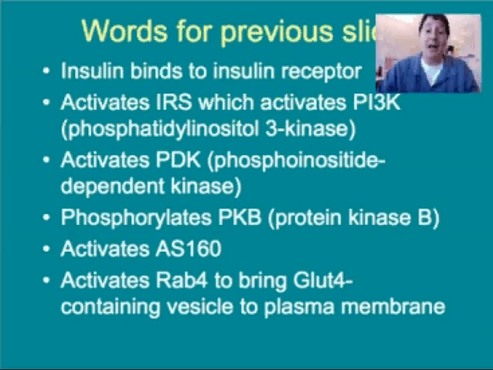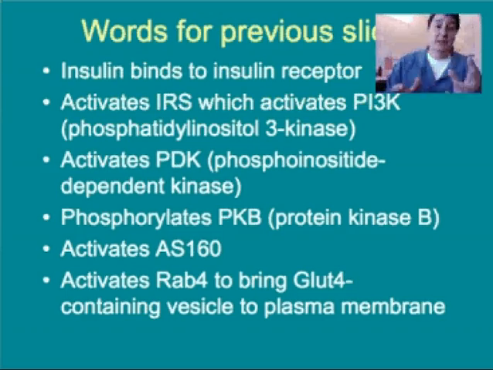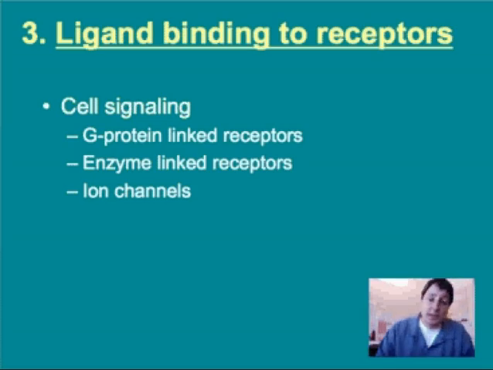Protein kinase B is now active and is going to phosphorylate AS160, and AS160 interacts with Rab4 on the GLUT4 reservoir to produce a vesicle that will then be transported to the plasma membrane and fused with the plasma membrane. And that's regulated by Rab4 and snares at the plasma membrane. Okay, so that gives us an idea of different kinds of extracellular signaling molecules and the activities that they could